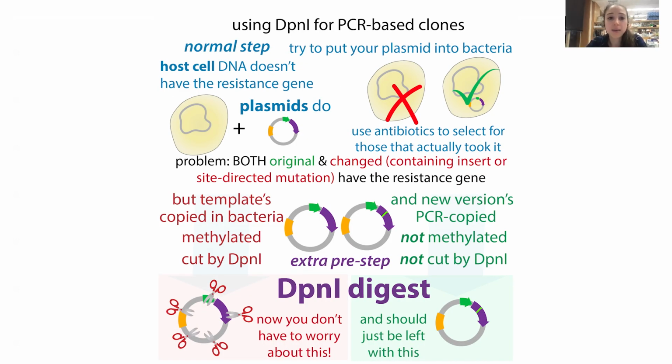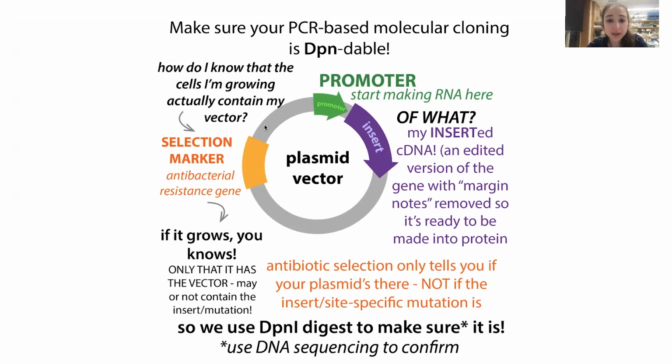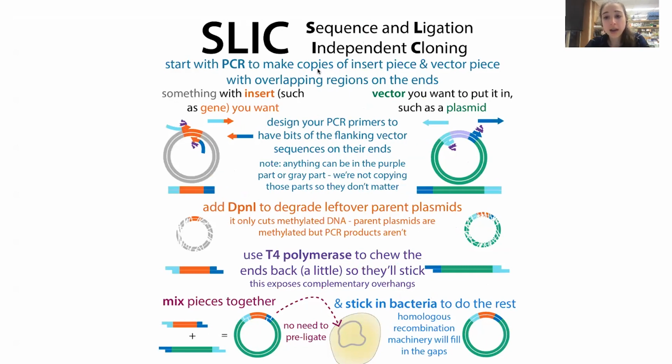Because these methyltransferases add the methylation in vivo, in these bacteria cells. It's not going to be added if you are replicating DNA another way. So if you're using a PCR-based method to do cloning, say you have this plasmid and then you make copies of the sequence out of one plasmid and put it into another, such as with methods like SLIC, they're PCR-based methods in which you are making copies of a sequence from a parent